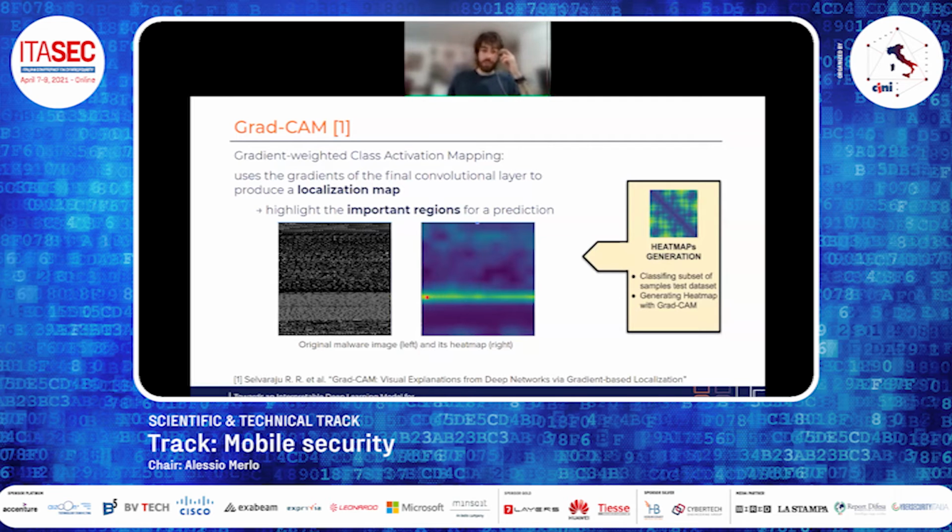In this example, the heat map is saying that this area, which corresponds to this area in the malware, was really important for performing the prediction. Of course, there is no specific shape, no specific animal in the malware image that is recognizable. So we need to find a way to use this information that the model is giving to us.